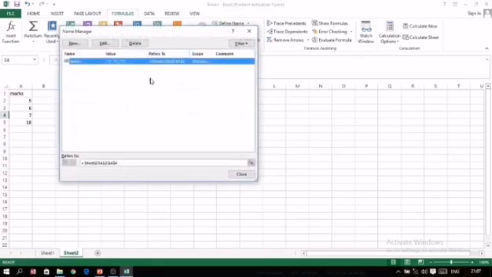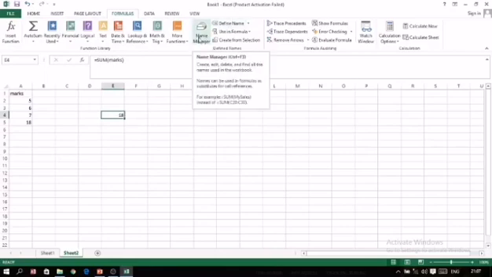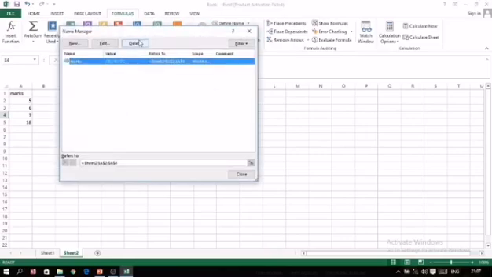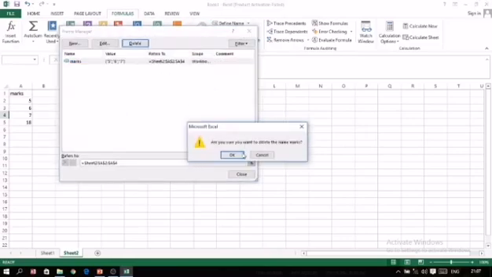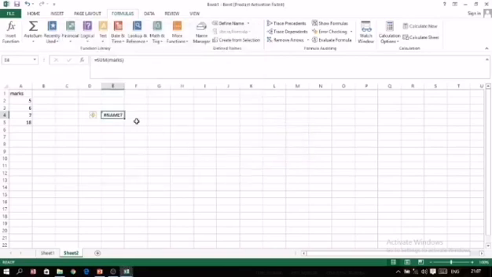Name Manager, then here it is specified. If you want to delete it, you can delete it from here. Again, I will explain how we have to do it. If you want to manage this, change the name of the range, give some other name, or delete it, then click Name Manager in the Formulas tab, in the Defined Names group. If you want to delete it, just select the option Delete. Are you sure you want to delete? Yes, and then close. Then the name will be deleted.